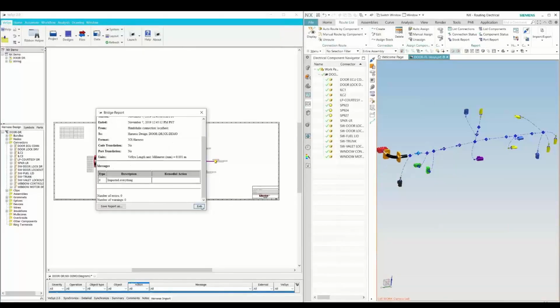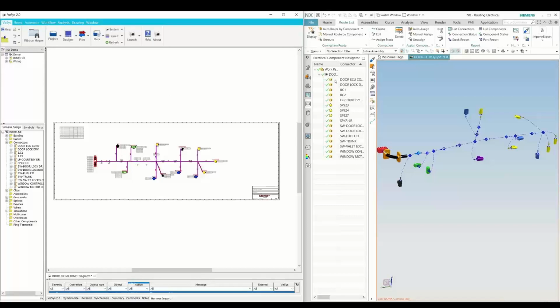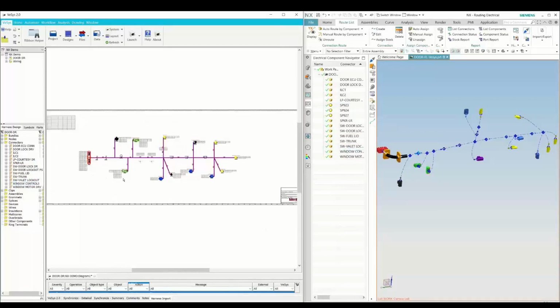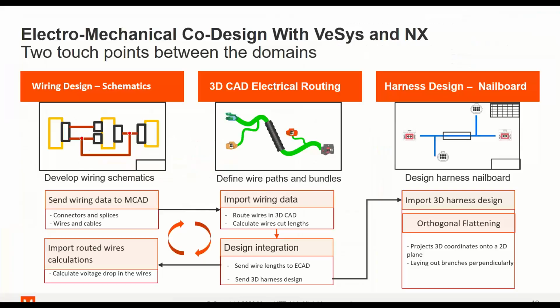You select the flattening process, and just like that, you have your 2D flat version of your 3D harness in VSys. Again, the same functionality stands. You can cross-select different components and make sure that you highlight them together, so it allows for even more collaboration between the teams. Essentially, this is the ideal workflow between the three sections that leverages data and makes sure that the data is used between all teams and time is saved between all the teams involved in the design.